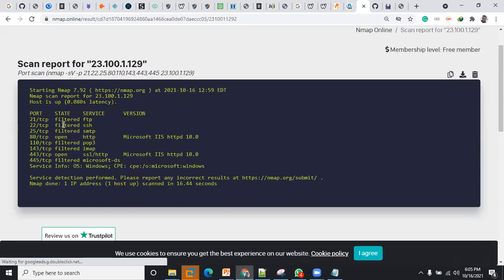So we conducted an Nmap scan. You can see that so far, via the IP address of Axis Bank, only 2 ports are open. Of course, as expected, port 80 is open, then port 443. You can see that IIS is running on it, IIS HTTPD 10.0 is running on port 443 and also on port 80. So you could take a look at that version to see if it's vulnerable.